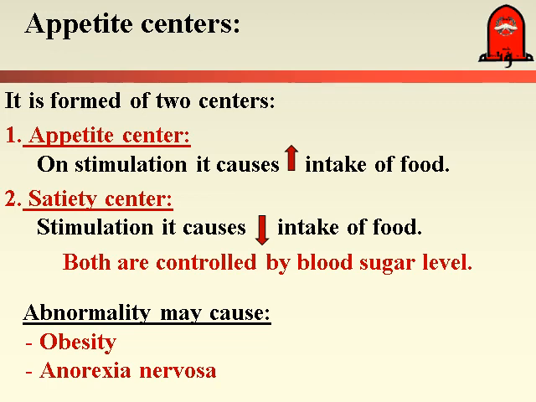Accordingly, if there is a defect in the appetite center or satiety center, it will produce clinical problems. For example, obesity occurs due to overstimulation of the appetite center, and anorexia nervosa is due to overstimulation of the satiety center. Why does this happen? Either because there is a decrease in the sensitivity of these receptors to glucose levels, or due to another stimulus from the supracortex or from other parts of the body that